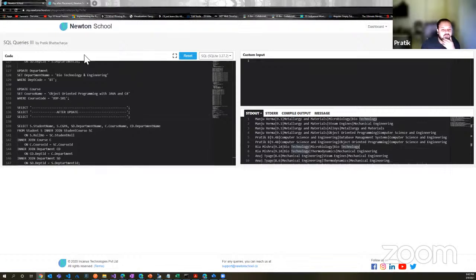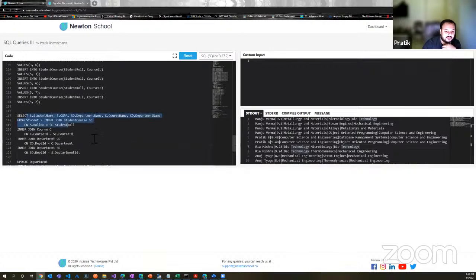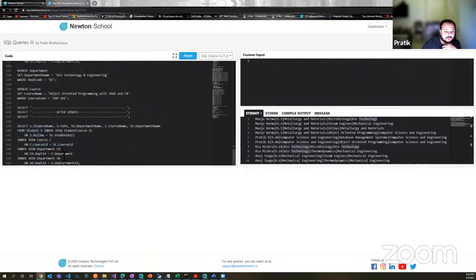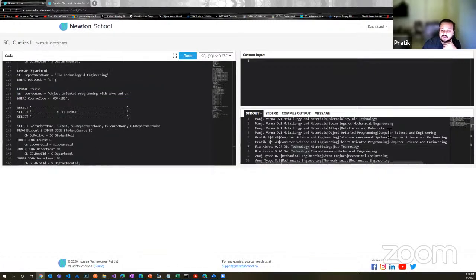So you see, we just updated these two tables. We didn't update really anything else. Just updated these two tables. We did not make any change in the query. This is exactly the same query that I've copy pasted here. But now this query has started reflecting the new value, and it is doing it automatically. There is no change in the query that you need to do,